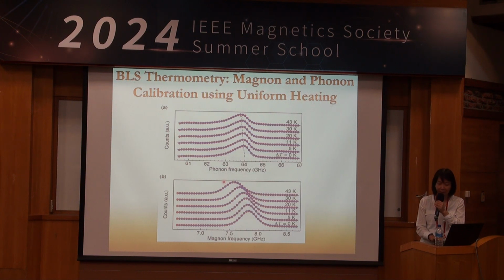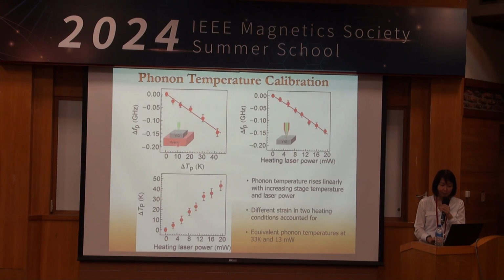So, for example, the trace at, say, 43 Kelvin is heated up to 43 by the temperature sensor on the heater. But then you take away the heat and remeasure the trace? Yeah, that's right. This is my calibration step. I'm calibrating thermometry for phonons and magnons by doing an equilibrium measurement. I mount the tiny crystal on a big heater, get them to reach equilibrium, and monitor how the spectrum changes.